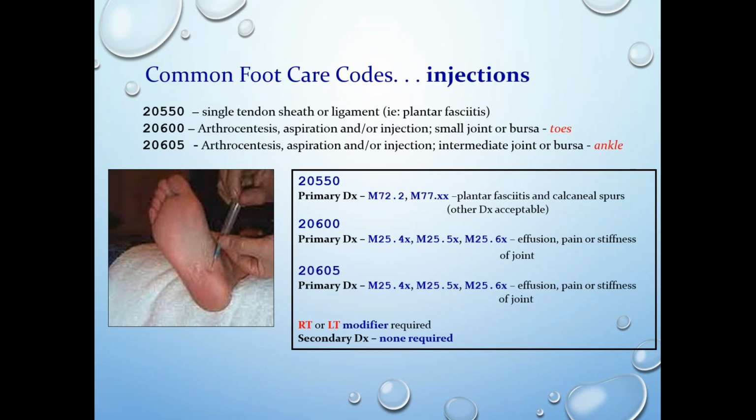Injections are another very commonly encountered procedure in the billing company. I think by far the most frequently used code is a 20550, a single injection of a tendon sheath or ligament, most commonly used for plantar fasciitis. It is the injection for plantar fasciitis. But then we also see quite a bit of 20600 injections or arthrocentesis aspirations of small joints. For example, if you're injecting the toe, 20605, which is applicable to the